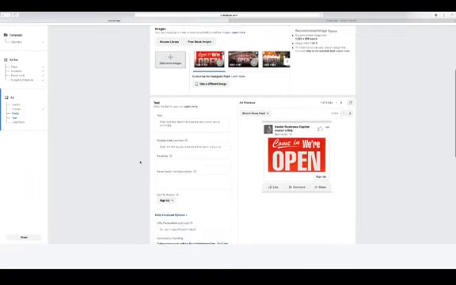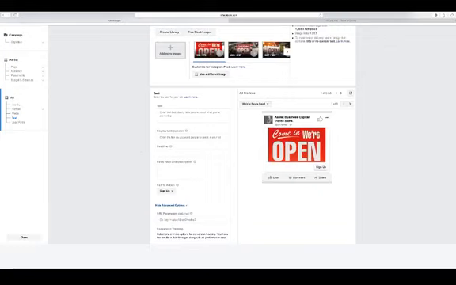So this is essentially going to be the image holder, and then these images right here above, where you can see these three images, they'll rotate as Facebook pushes traffic. And then this is the text you want to utilize. I always do something that's pretty simple, and I say,